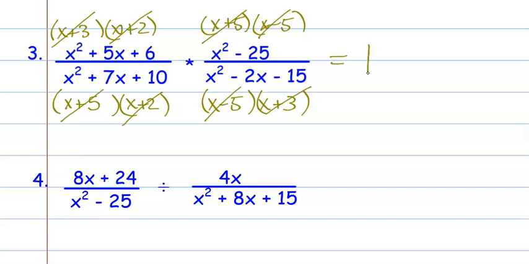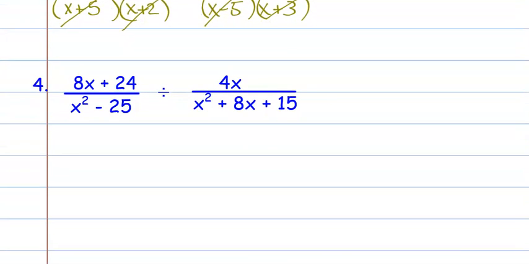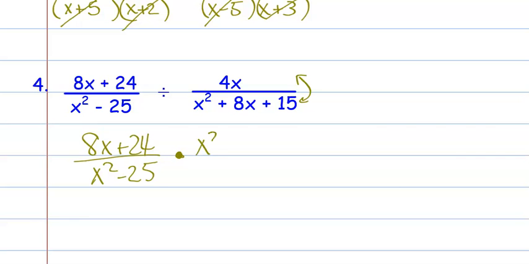Alright, division time. Division is really not difficult at all. There's one more step in the setup, and then it's a multiplying problem. So we just rewrite 8x plus 24 over x squared minus 25. I almost always just do this to the second one, but you can technically do it to the first one. And then we multiply, and then we just flip this. That's what reciprocal means. X squared plus 8x plus 15